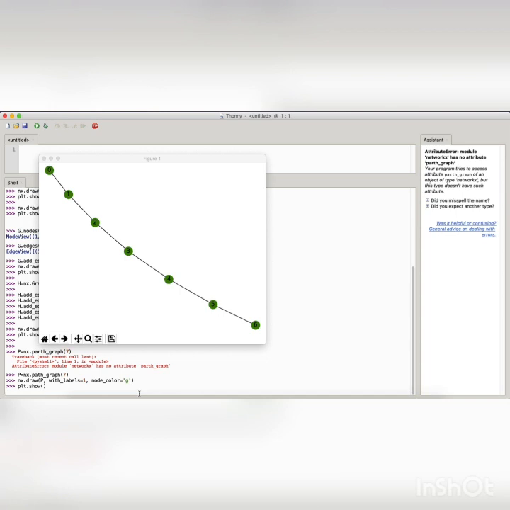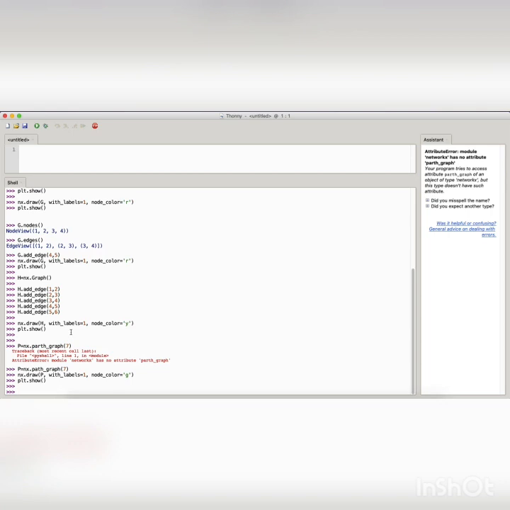Now it's time to visualize it. Here you can see that my path graph has been created, which consists of 7 vertices. So it's quite easy to make a graph with the help of an inbuilt function.